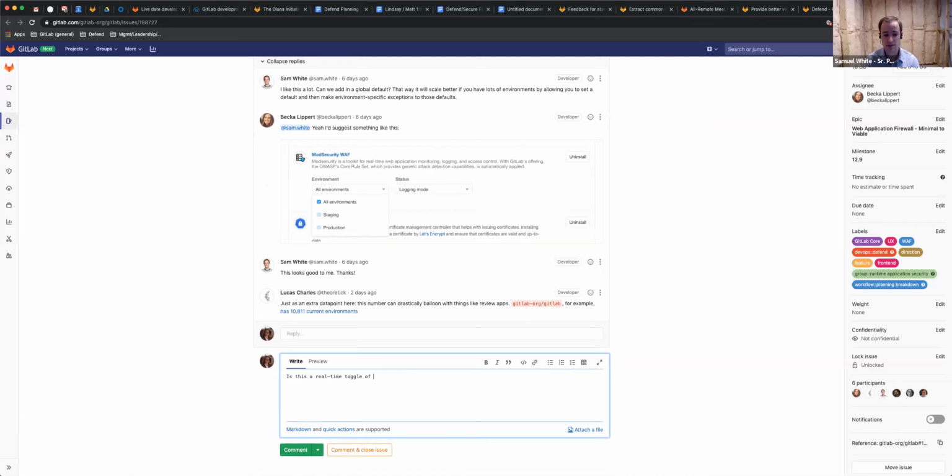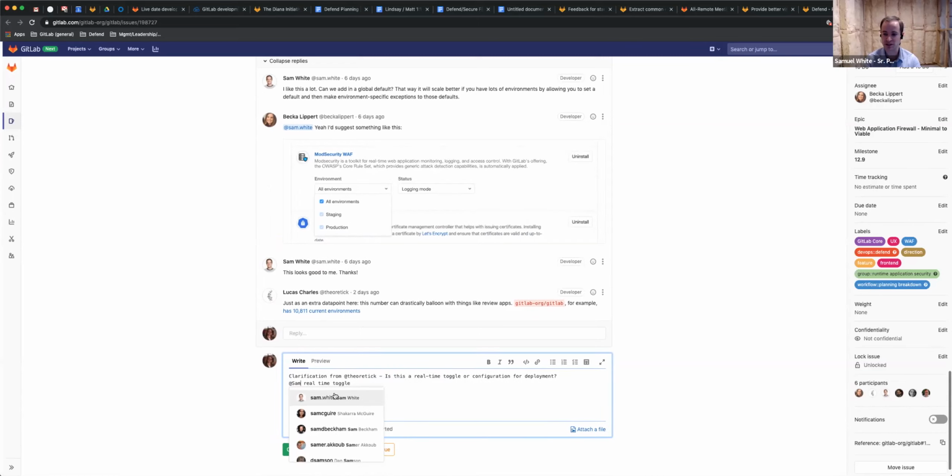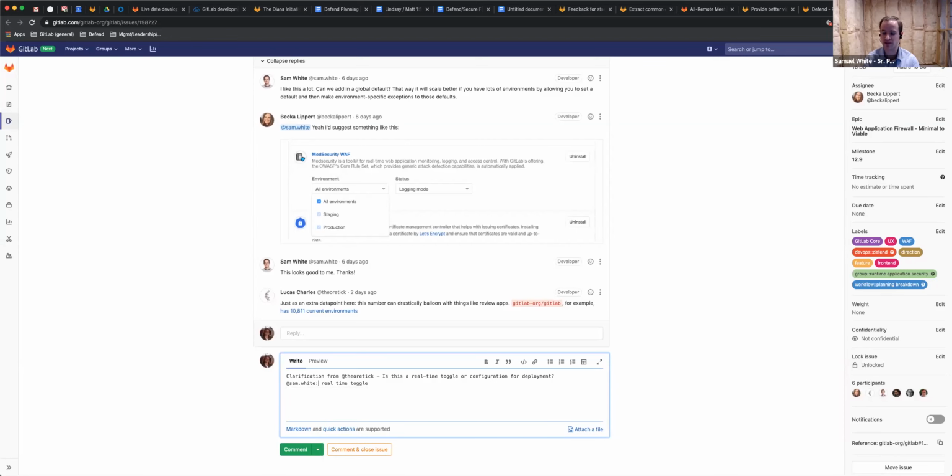I was anticipating this to be a real-time toggle. Steer me otherwise if that would cause problems, but again, I'm 2 weeks on the job here, and I would expect this would be a real-time toggle. I view the use case as, we discover a latency bug that just showed up 7 days after we turned on WAF, and it's impacting our production environment. I can't crash my whole production environment. I just need to shut off the WAF. Let me go do that right now.